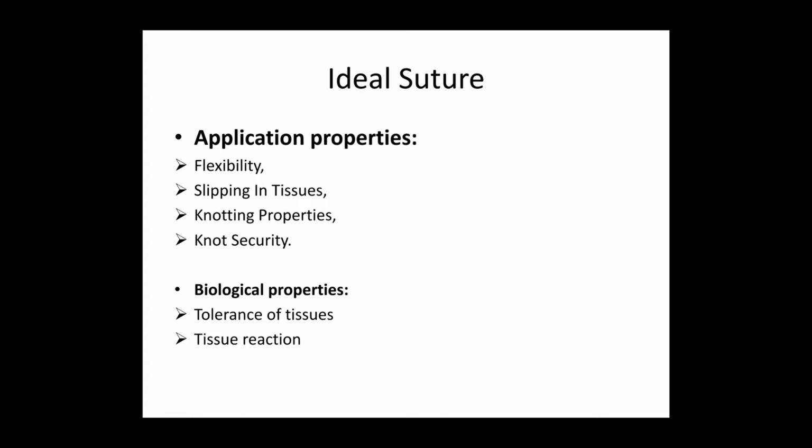If not, there are high chances that it may slowly regain its memory and the knot may get loose, and you may have loss of knot property and the patient may have a problem with the surgery. It happens with inguinal hernias, where the mesh may usually get loosened if it is not fixed with 6 to 7 knots. Then there are certain biological properties like tolerance of the tissues and tissue reaction.